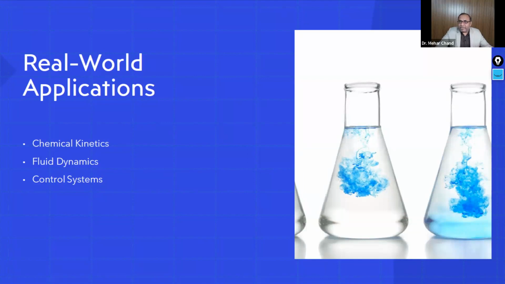ODEs describe the rates of chemical reactions and species concentration over time. Numerical methods are employed to solve these equations, enabling chemists to study reaction mechanisms, design reactors, and optimize reaction conditions in a chemical process. And on the other hand,